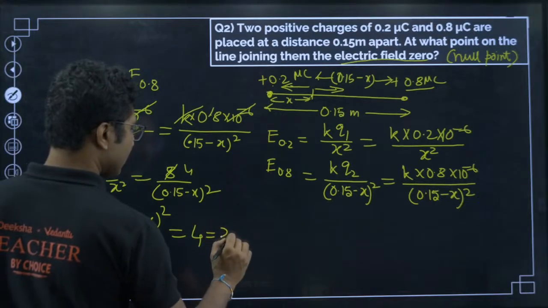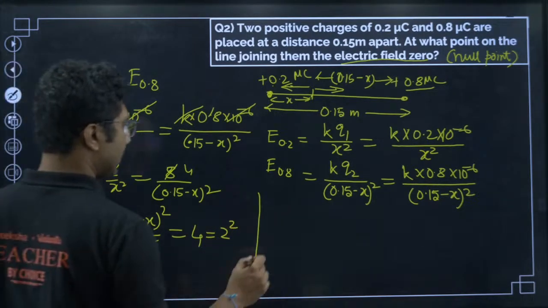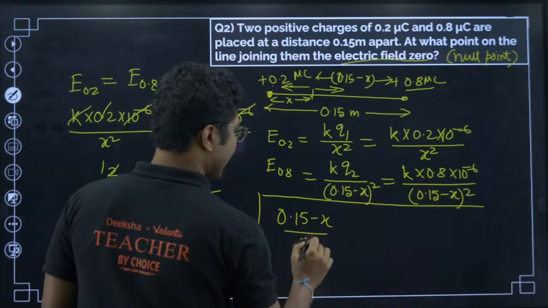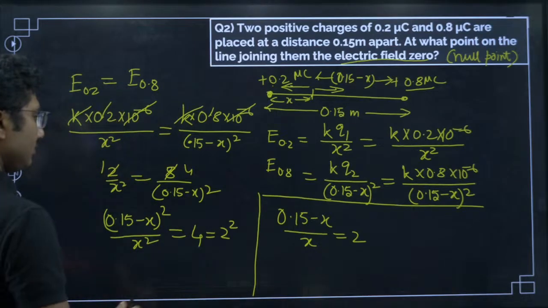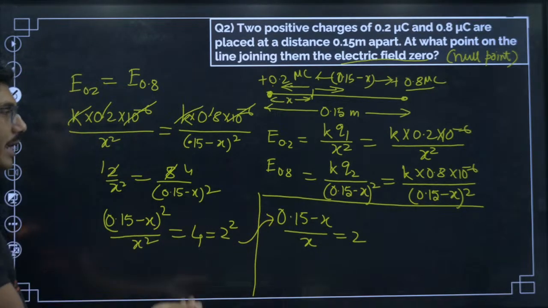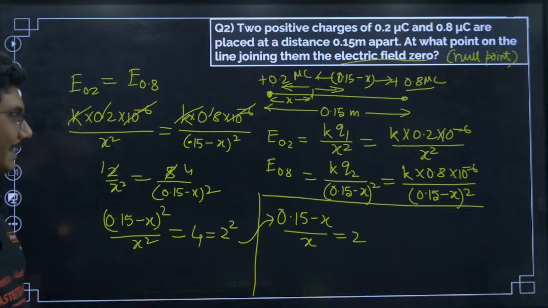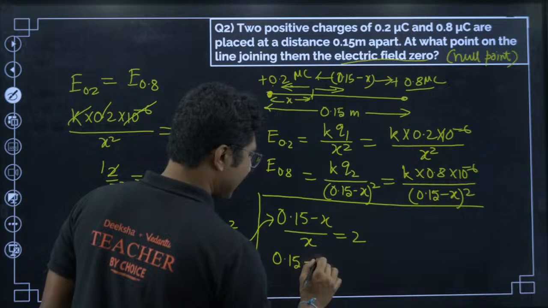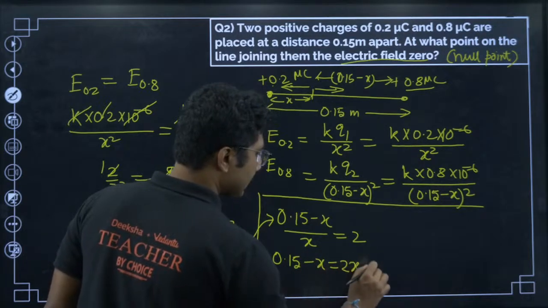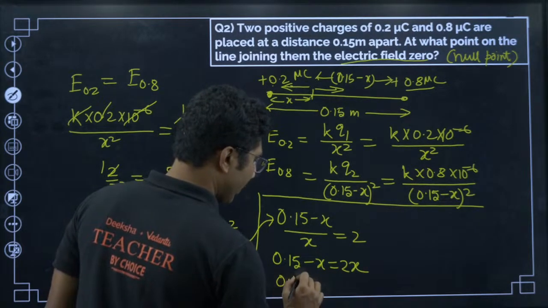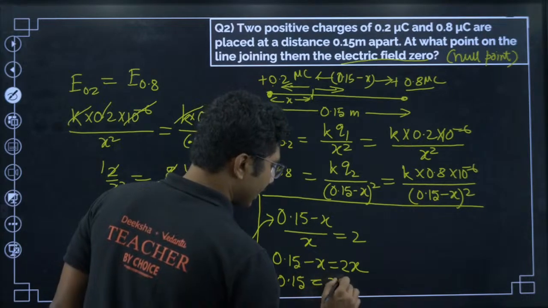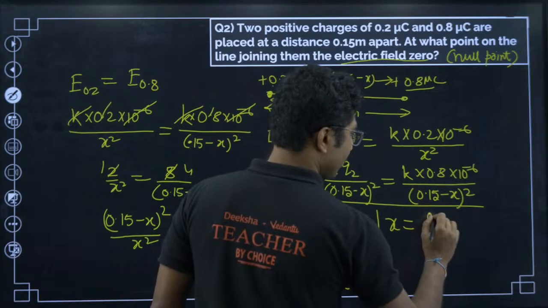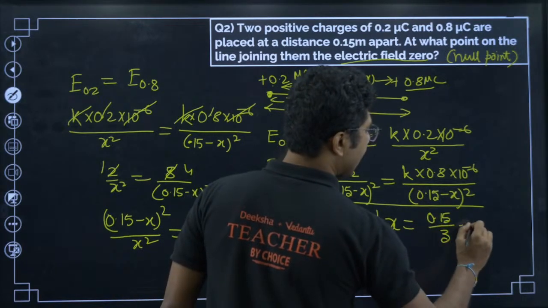So you can write this as a square, 2 square, or you can write this as (0.15 minus x) by x equals 2. Okay. You have taken the square root on both sides, so the squares get cancelled and you get this value. Now simplify this: you get 0.15 minus x equals 2x, or 0.15 equals 3x, 2x plus x, or x equals 0.15 divided by 3, that is 0.5,